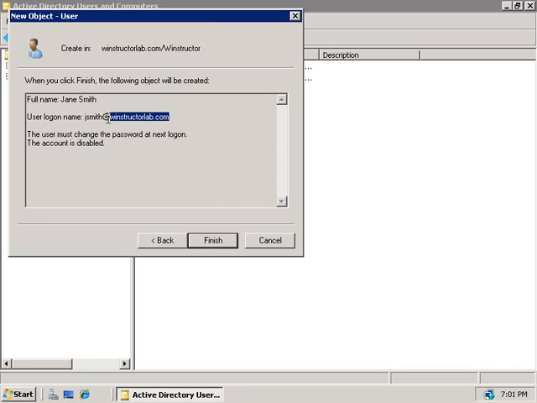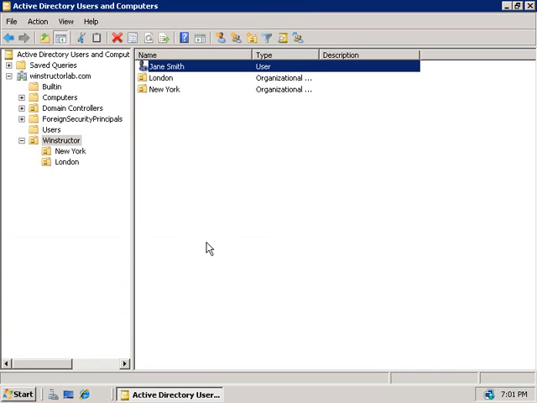Alright, well we'll click next and we'll get a brief summary telling us that when we click finish, Jane's going to have a new user account. She'll be able to log on using the UPN of jsmith@winstructorlab.com, and when she does first log on, she will need to change her password to something else. Of course, this account will also be disabled, and an administrator will need to enable it first before Jane can use it. So we'll click finish,